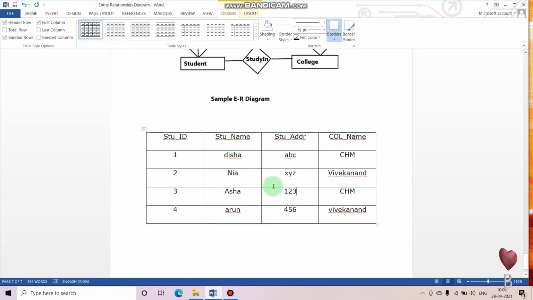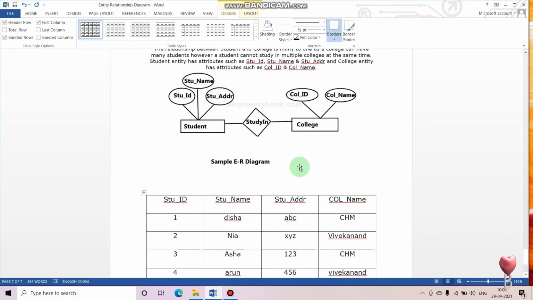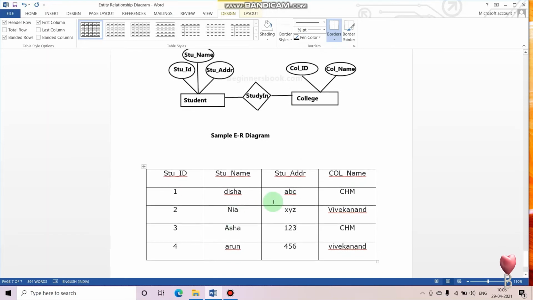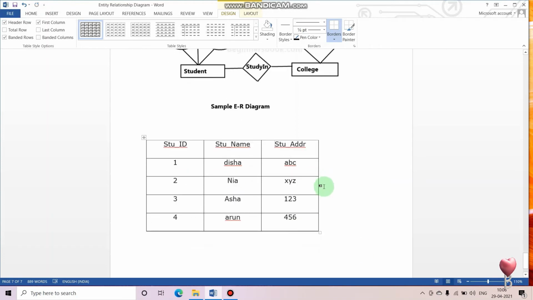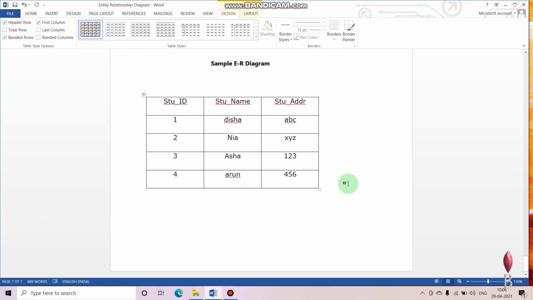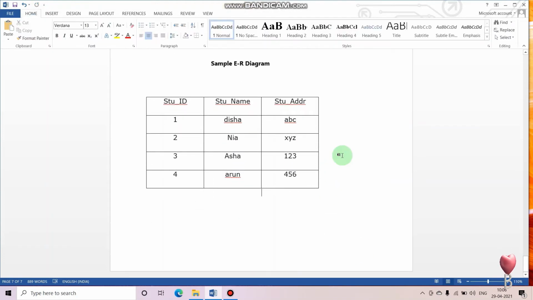Yeah. So what is happening here is repetition of the data, right? So instead of doing that, what we can do is we can create one more table here into the database.